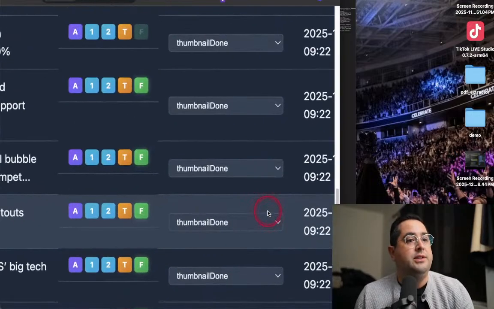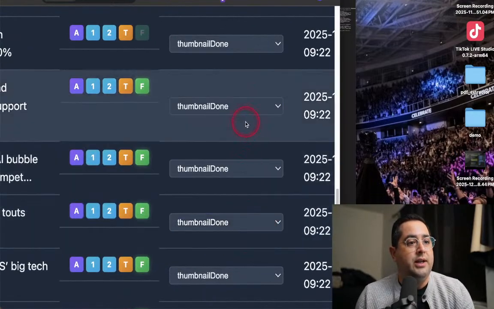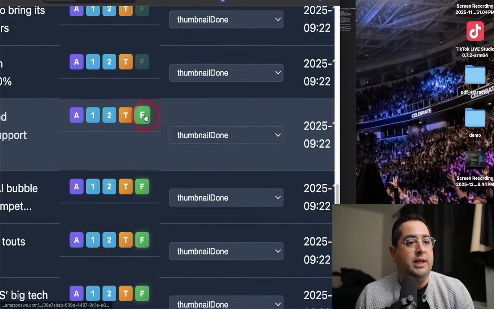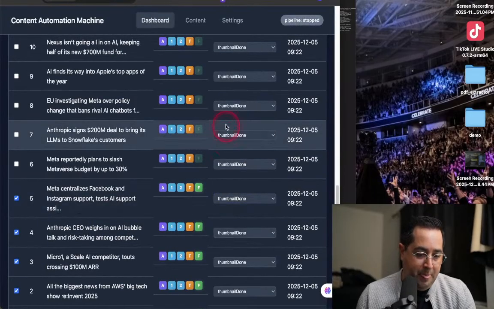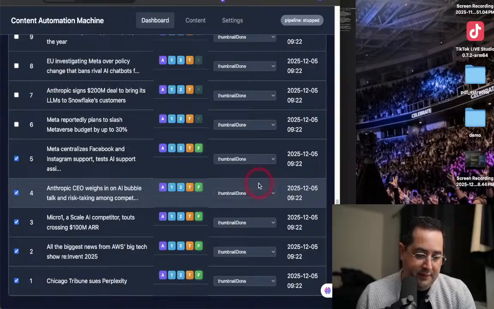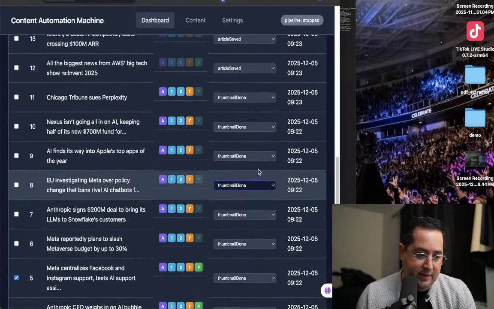Now, as you can see, they're all thumbnail done, even these, which are technically done. This allows you to redo work, because that's why the human is in the loop. Let me put these in the queue. So we're gonna have a lot of videos. So we're gonna edit